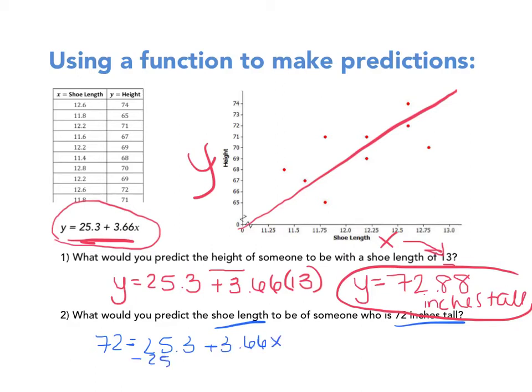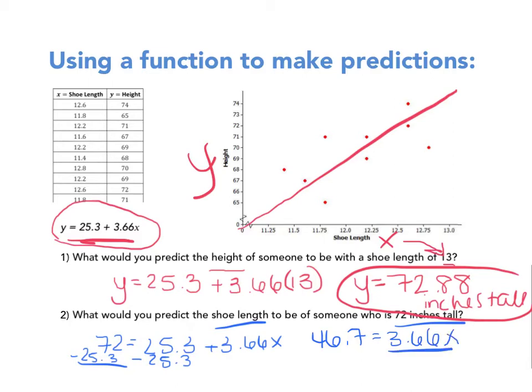So I need to take away 25.3 from both sides, and I get 46.7 equals 3.66x, and then when I divide both sides by 3.66, I get x equals 12.75. So I can predict that someone who is 72 inches tall would have a shoe length of about 12.75